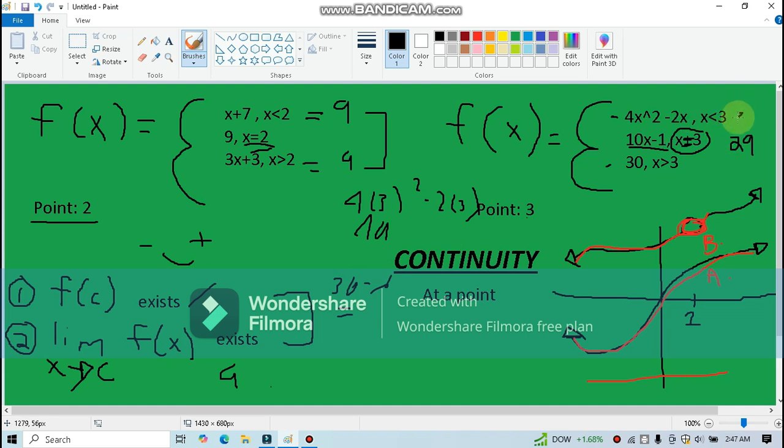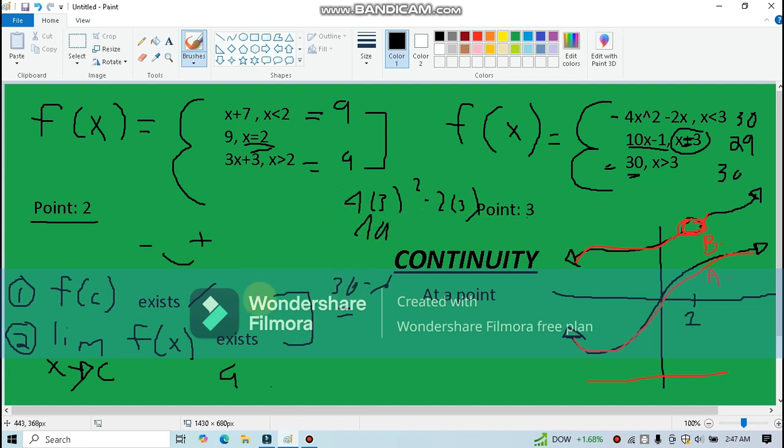Okay. Now then, 30 as x is greater than 3, we're going to check that. Since it's 30, then it's 30. So since both the left hand side and right hand side are equal, therefore the limit as x approaches c exists. However,